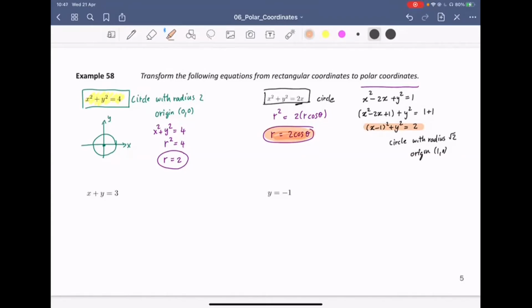And now we can look at x plus y equal to 3 and y equal to 1. This is a simple one in rectangular coordinates. But when you do the